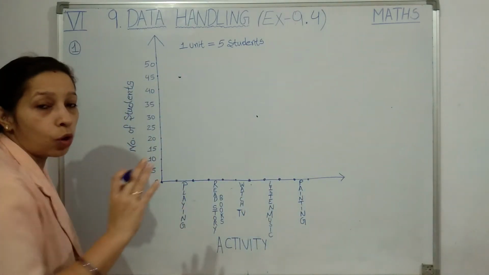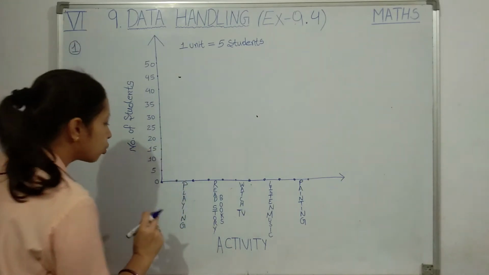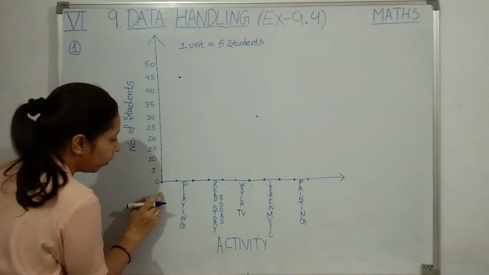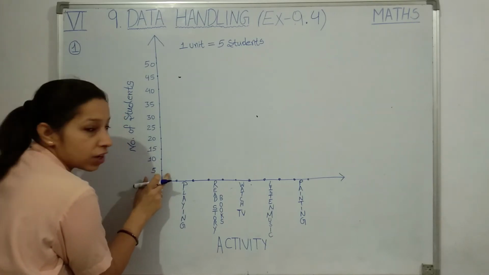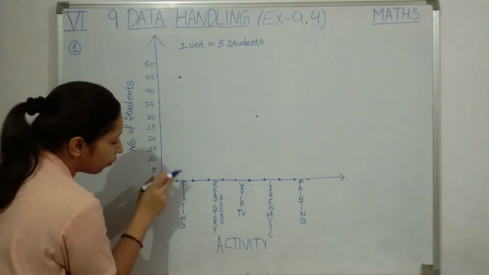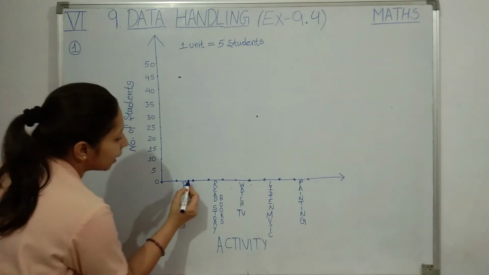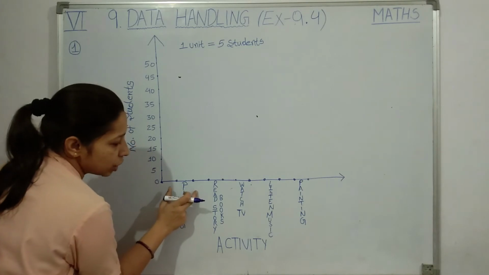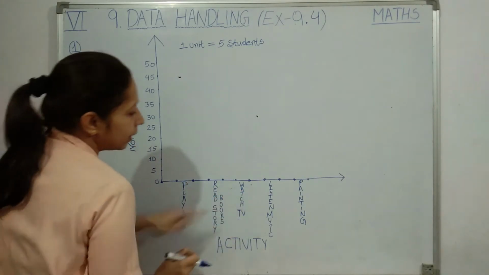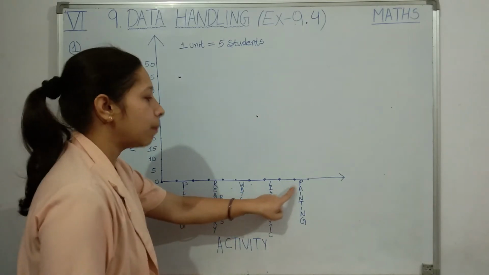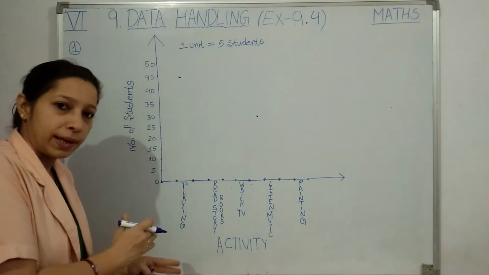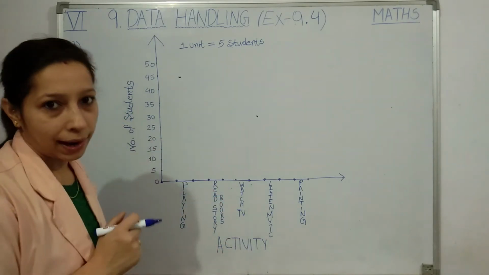Why have I told you to mark 10 points? Because whenever you draw a graph now, you are going to leave the first box. We will not start drawing the bars from the first box itself. Leave the first box, then the first bar we will draw here. Then again we leave the second space, then the bar. Then again one empty space, then bar. Then empty space, then bar. Then empty space, then bar. That's why I told you to mark 10 points: 5 points you will be leaving and 5 points you will be marking the title.